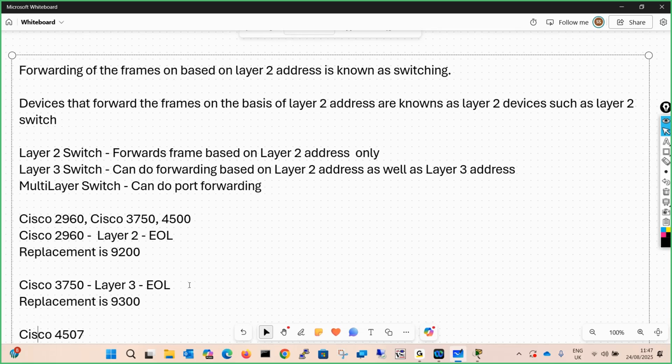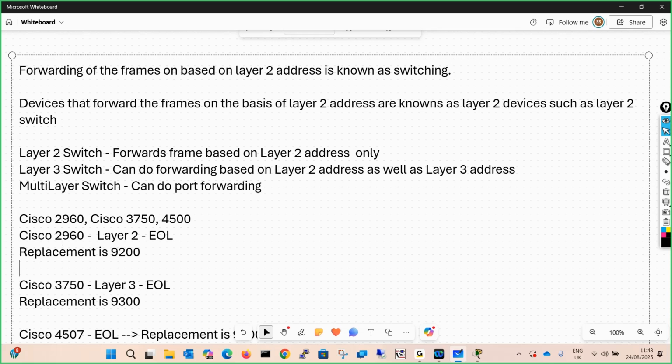Similarly, the Cisco 4507, a campus area network switch, is announced end of life, and the replacement, let me write down over here itself, is 9400.